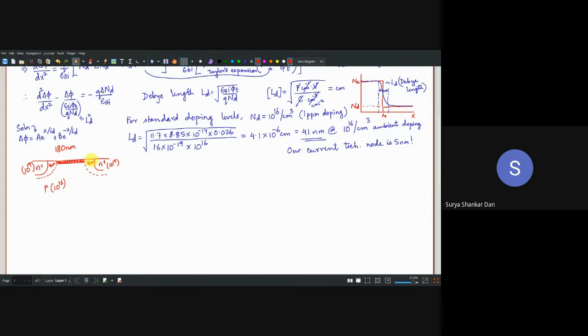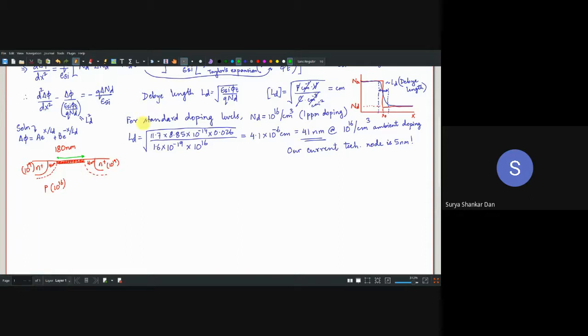Okay, so now let us understand the situation for the 45 nanometer technology node. What will happen? This channel region, the perfect channel region, will not be existing at all. So when you are designing for the threshold voltage of these devices, you are designing for this particular value, which we will be considering as the effective channel length, and accordingly we will design the VT and everything, right? So if we are essentially trying to have 10 power 16 over here, then clearly you are not going to have the same channel length as you wanted.